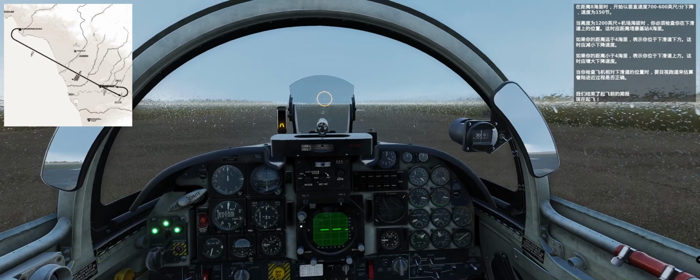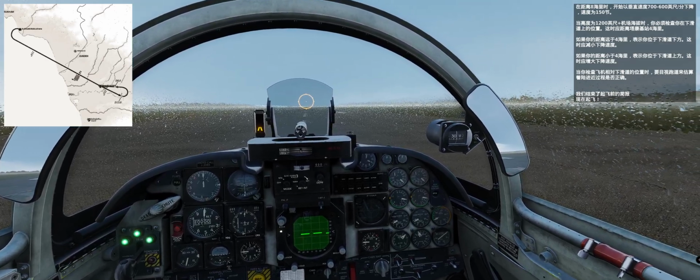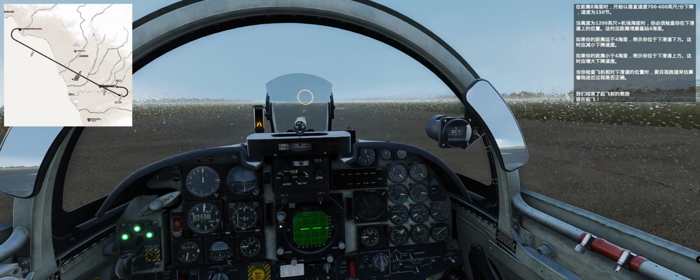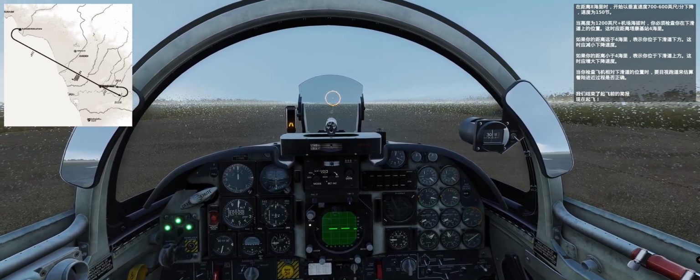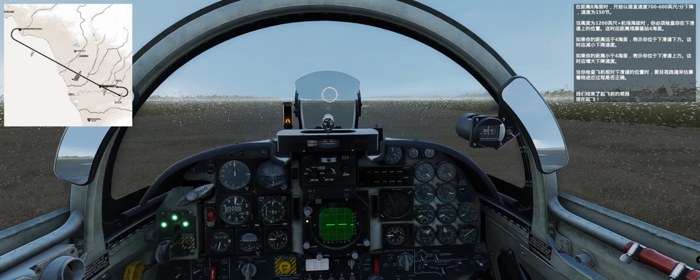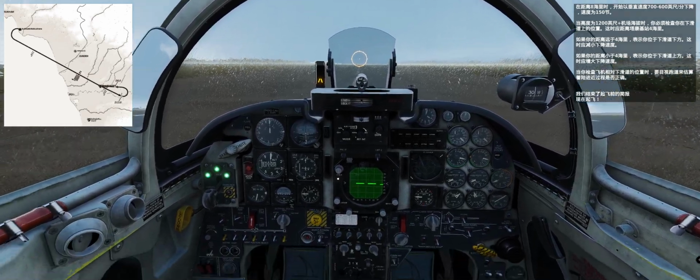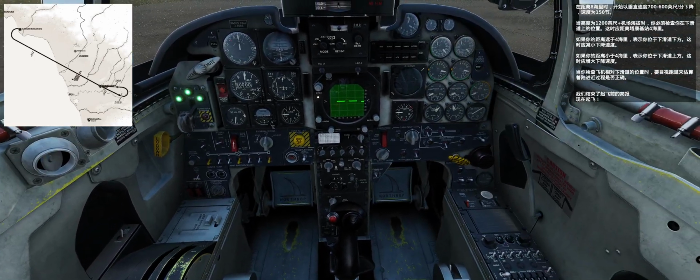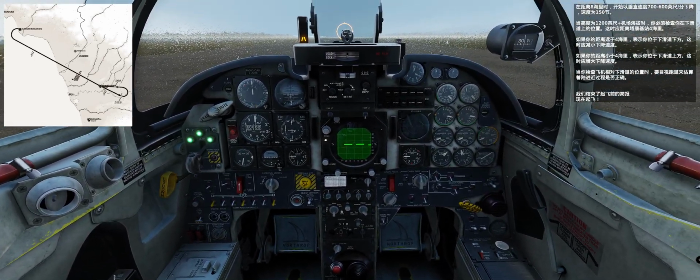The distance to the TACAN beacon should be 4 miles. If you are further than that, it indicates that your aircraft is below the glide path. Reduce your vertical speed. If you are closer than 4 miles, increase vertical speed because you are flying above the